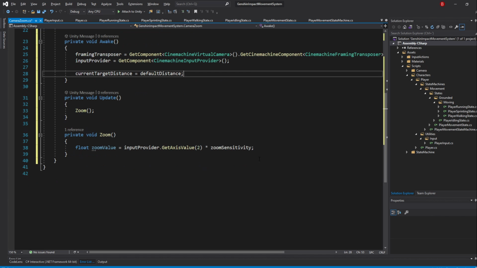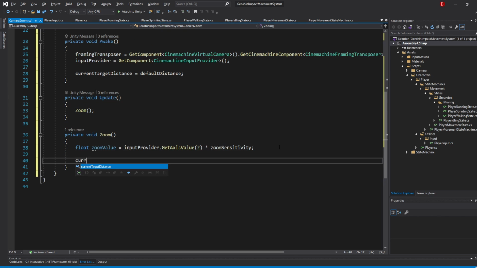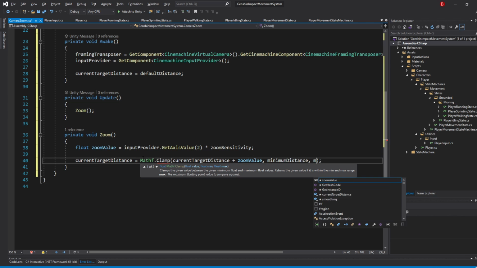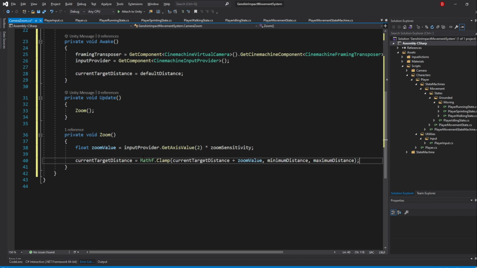Then back in our Zoom method, type in currentTargetDistance equals currentTargetDistance plus zoomValue. We need to make sure we clamp this target distance to not pass our maximum distance, so add in Mathf.Clamp surrounding our assignment, and then pass in minimumDistance as a second parameter and maximumDistance as a third one.